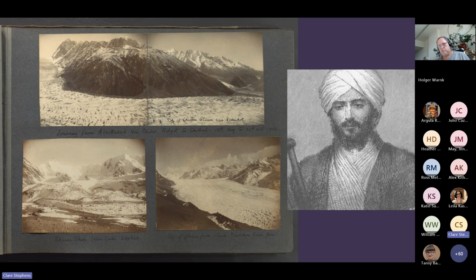So this is a photograph of Gilgit-Baltistan, one of the areas that he went to. And on the right is Gottlieb dressed in traditional costume. He very much tried to integrate, but obviously these days that does kind of come over as cultural appropriation. But he is very, very positive.